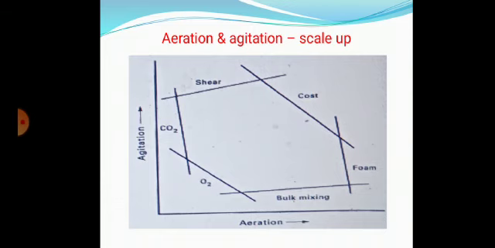You can see in the slide, in that graph you can see agitation, the arrow mark is pointing upward. As the agitation rate increases, meaning RPM, like our fan, when it rotates at a higher speed, that is called agitation increasing. You can see carbon dioxide concentration decreases in the fermenter. That means as you increase agitation, carbon dioxide escapes from the fermenter, so carbon dioxide concentration reduces, which is a welcome state.